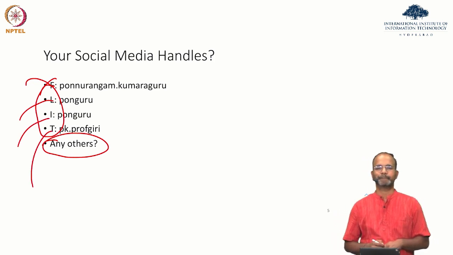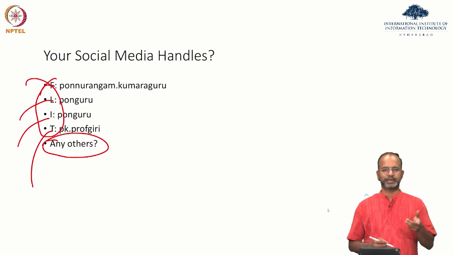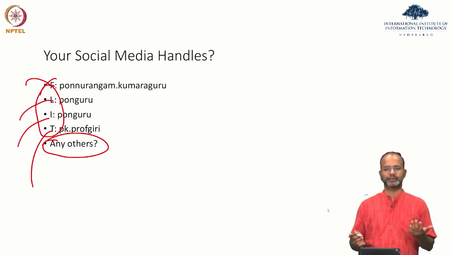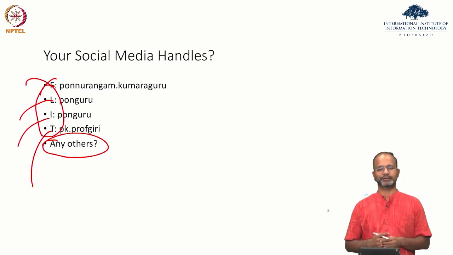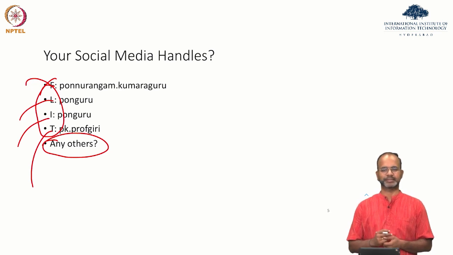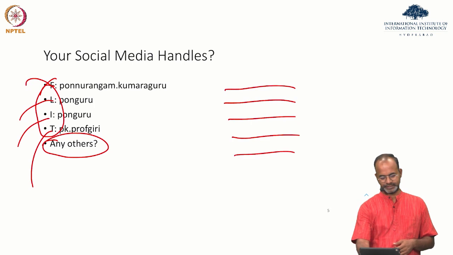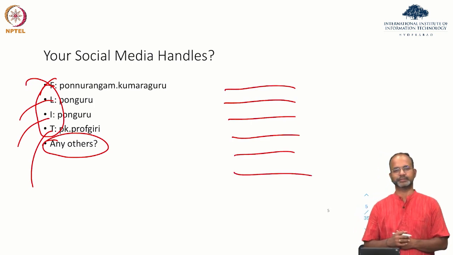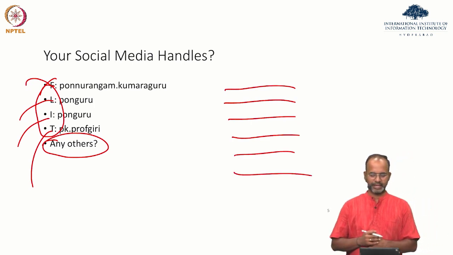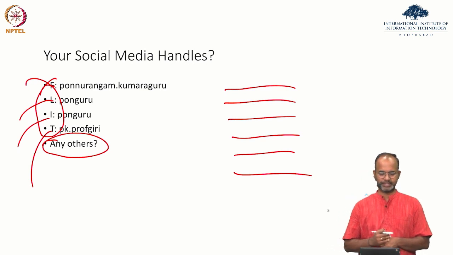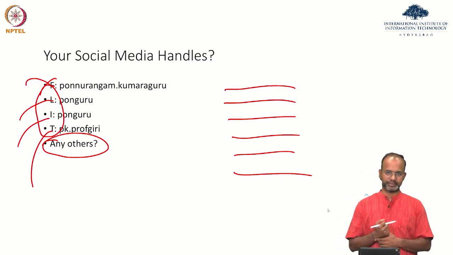All right. Go to your browser, go to your profile, take the URL and put it together in a text pad or something. So you will have 1, 2, 3, 4, 5, 6, however many profiles that you have. If you look at them, there are some interesting questions that you can ask.